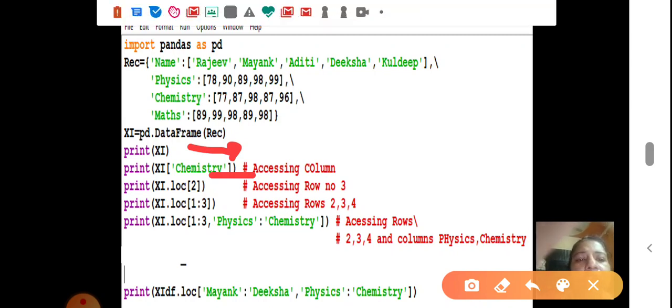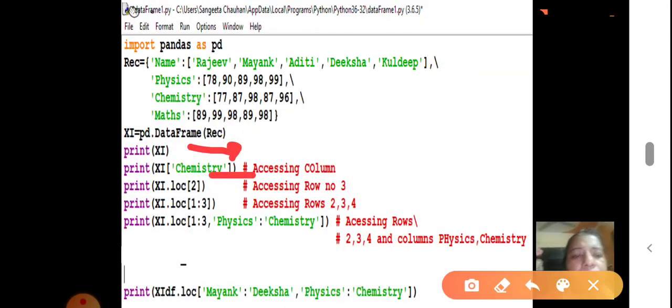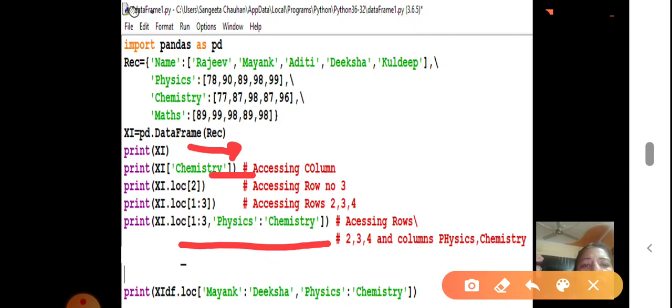Next you can see 1:3 with physics:chemistry. The row labels 1, 2, 3 and the column labels physics to chemistry will be displayed.